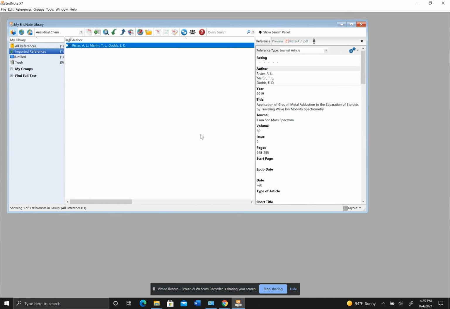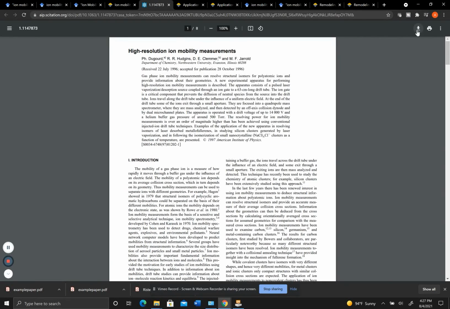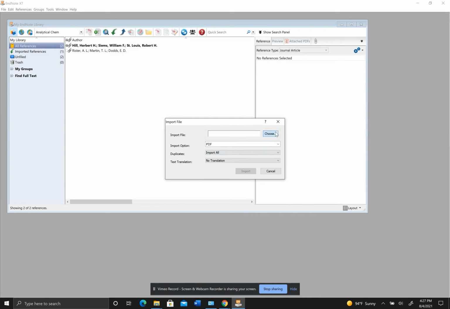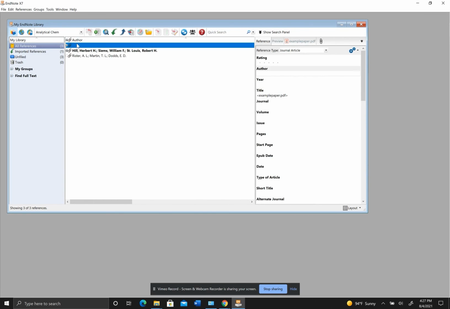Now, this works really, really well for newer articles. If you look at things that are a little bit older, sometimes if you go to their PDF, which we're doing here, and you download it, when you try and upload it in, so file import, it won't bring in any of that data. It'll just bring in the title that you gave it and whenever you updated it. So it doesn't have the metadata attached onto it.